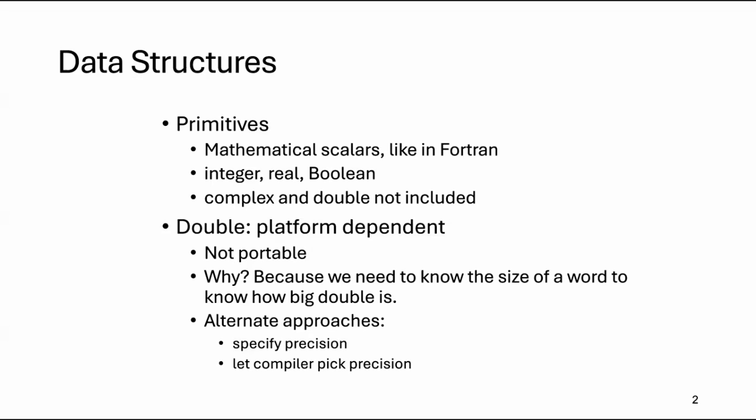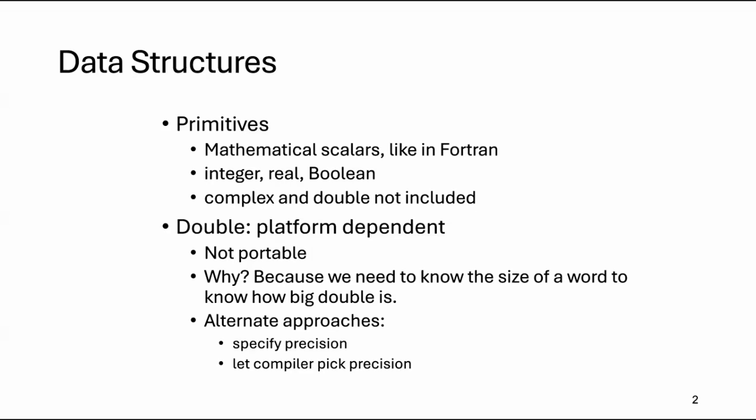So that's why the designer of Algol decided not to include the double, to make the language itself portable, because we need to know the size of a word in order to know the size of a double. An alternative approach is that we can specify the precision, or let the compiler pick the precision